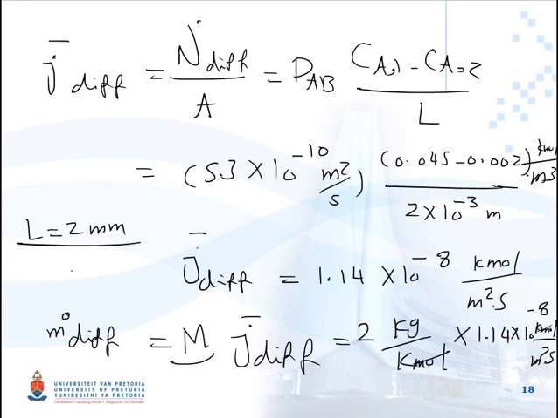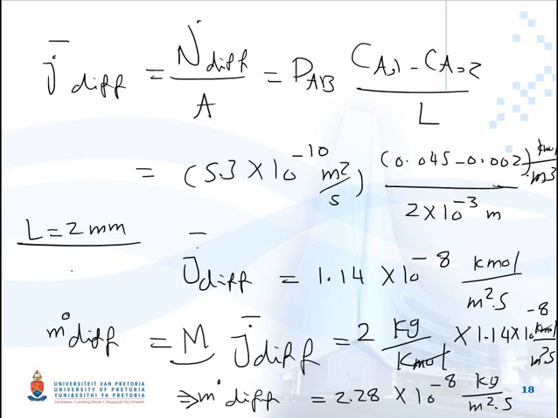So basically m dot diffusion will be equal to 2.28 times 10 to the power of minus 8 gram per second. Okay,